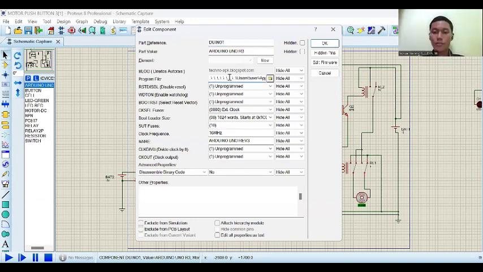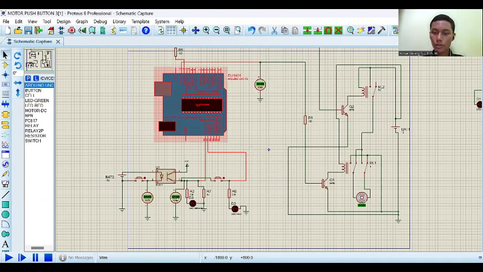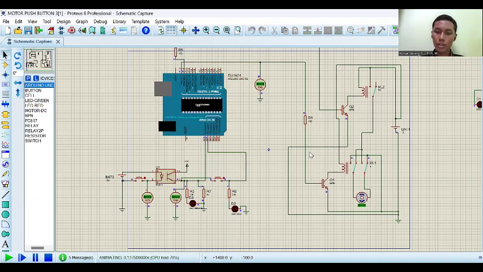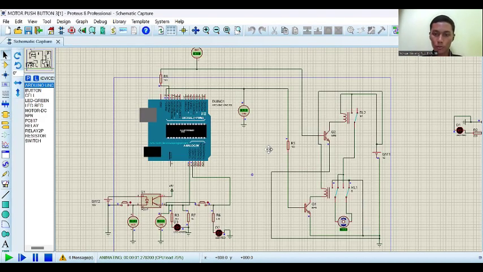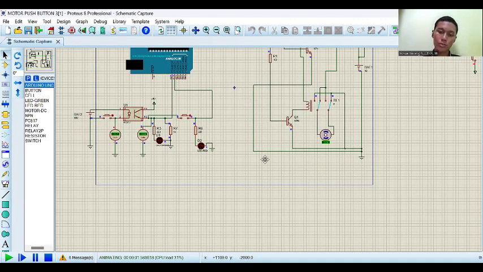Number 3. After finishing making the program on the Arduino, we run the program. If successful, then copy it at the bottom in .hex format. Number 4. Next, input the results of the running program in the .hex format that we have copied into the Arduino in the circuit that we have made. Number 5. Then simulate the motor motion control in the Proteus software.